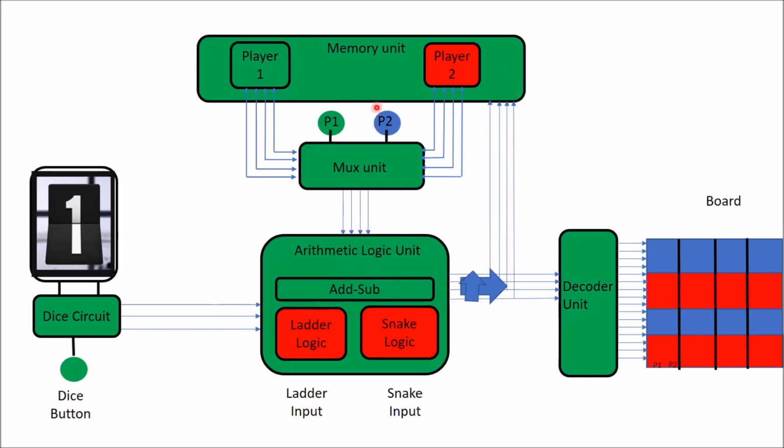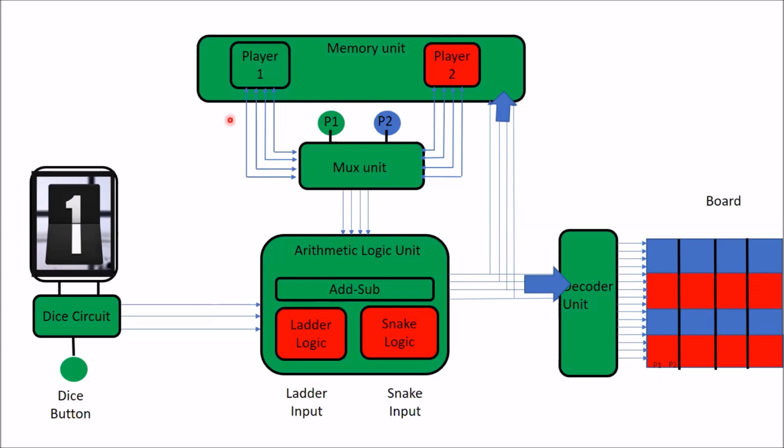Now one thing I need to show, as you see that your player 2 is in the off state, that means whatever the previous state of player 2, which is 0, 0, 0, 0, it is not changing, right? Now player 1, this block is activated, so whatever the data is in the output, it will just update only player 1, not player 2, because this memory block is not activated. So as player 2 is unselected, let us activate the player 1 memory block, because the position will change, right?